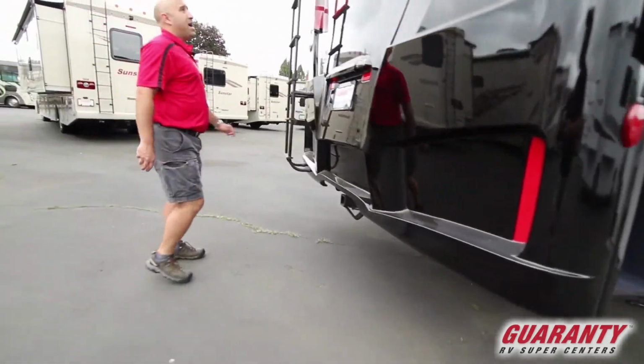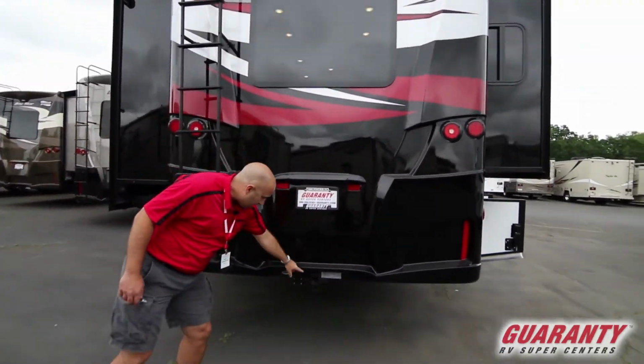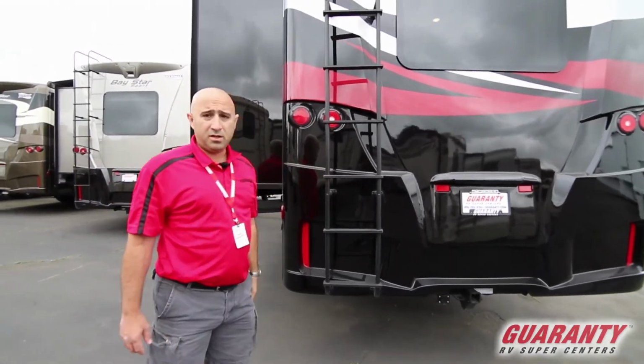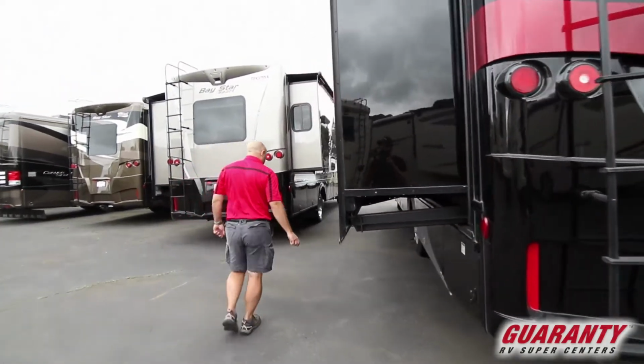As we move around the back of the coach, here's that giant window I was talking about in the bedroom. You also got your rear view camera back there as well. You are going to have, of course, your 5,000-pound tow hitch, and then a very solid stiff mount ladder. That'll enable you to get up there, do all your roof inspections as you need. And as we get around to the opposite side,